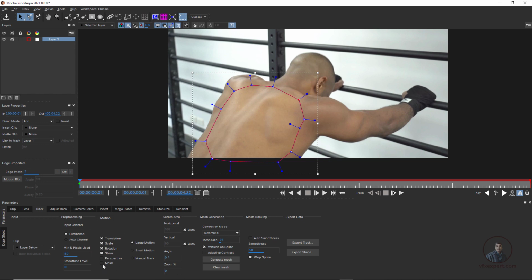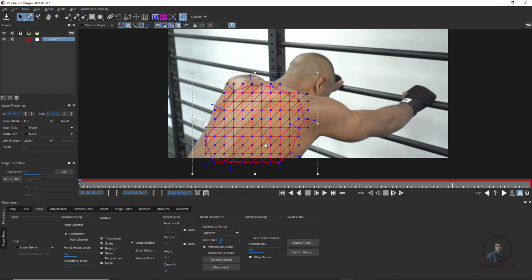Here we have to check this Mesh Tracker option, and on the right side you can see the options related to our mesh settings. By default you can see this is our default mesh, and it is showing automatic. If you click on uniform, remember this one, whatever option you change here, you have to click on generate mesh, then only it will update. So after this we click generate mesh. Now you can see the uniform mesh here. I think this is better than before.